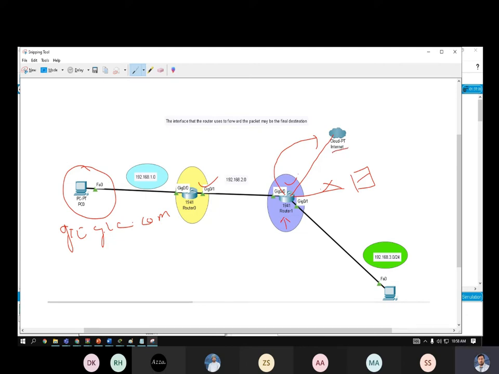Through this interface, you forward the packet to the ISP. Now it is the responsibility of the ISP to look at this address and find the destination. So this is the basic purpose of the default